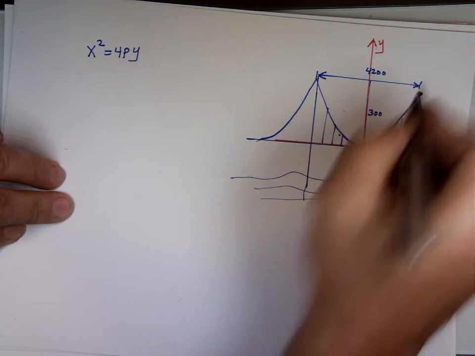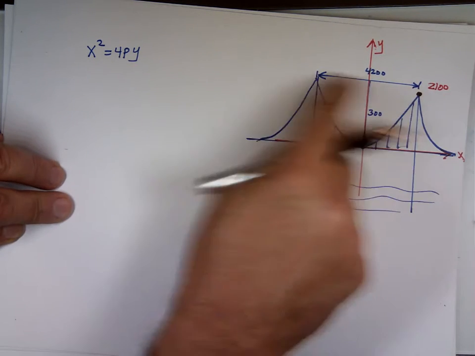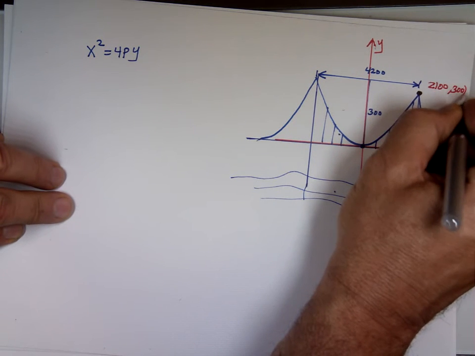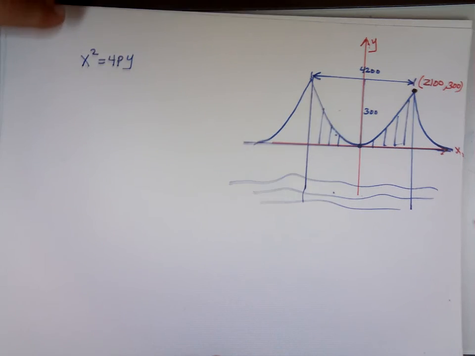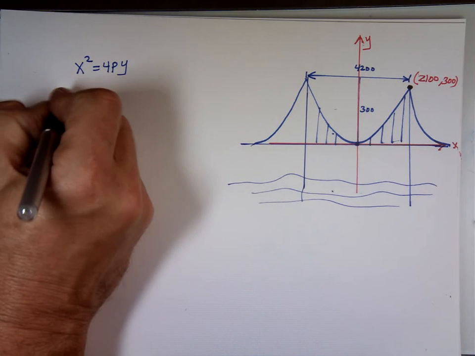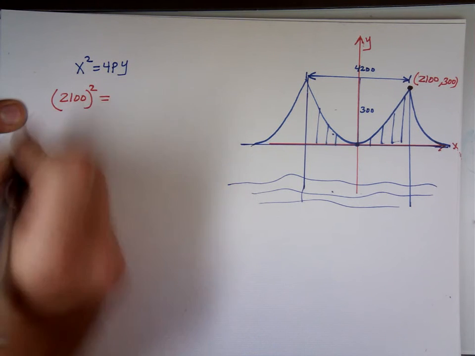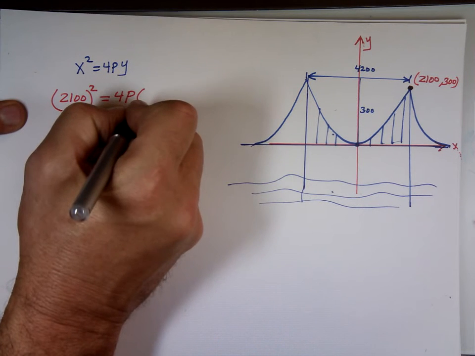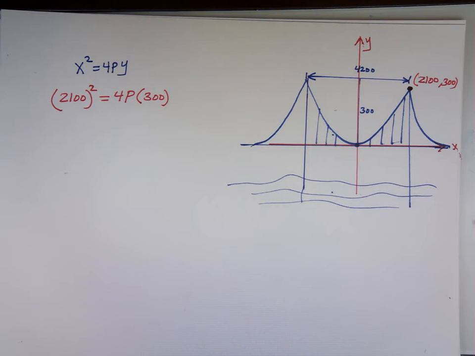2100. Why 2100? Half of that. And how high is it? 300. Use those numbers for x and y to get you p. 2100 squared equals 4 times p times y. Y is what? 300. Can I solve for p? 1200p equals